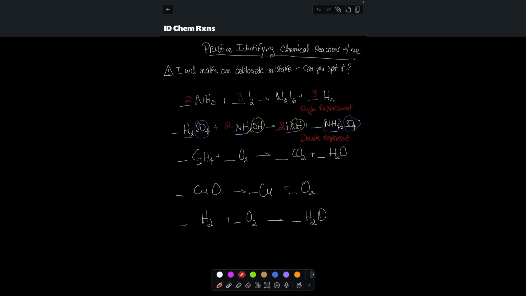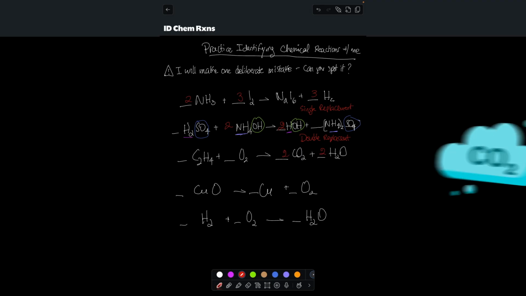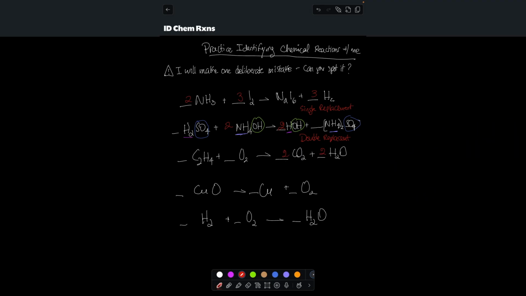So the first thing we're going to do is put a 2 over here, so that now we have 2 oxygen here and 2 oxygen here for a total of 4 oxygens on the right side. So that's good. Now we can proceed with balancing our equations. So notice that we have 2 carbons over here. So we're going to put a 2 over here now, so that we also have 2 carbons. By placing a 2 over here, we've now created 2